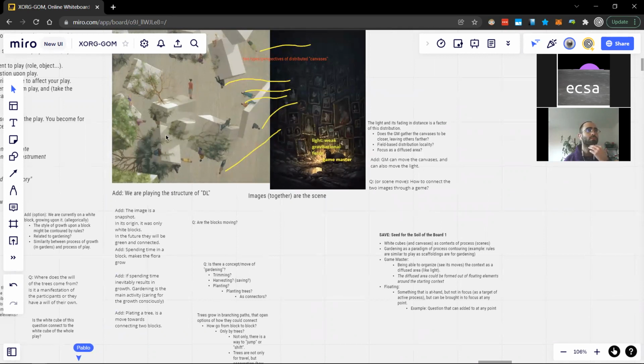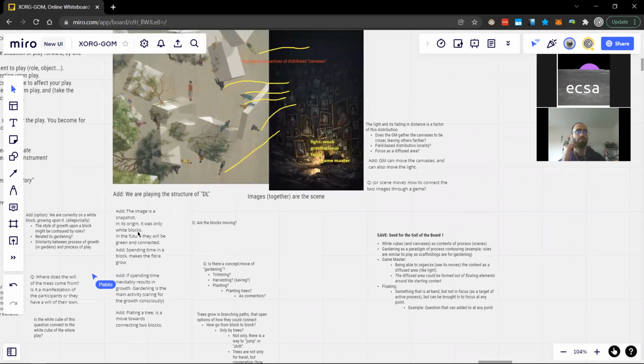Okay, so it's behaving like a layer because it's close to this, but it's also behaving like a filter because, first of all, it's filtering this image. Now this image looks different because if this layer is taken as is, then this image is looked at differently, within the rules, so to speak, of this filter. But it's also a filter for the rest of this scene because if one takes this, then there is a possibility of adding to it, as happened here, like spending time in a block makes the flora grow,